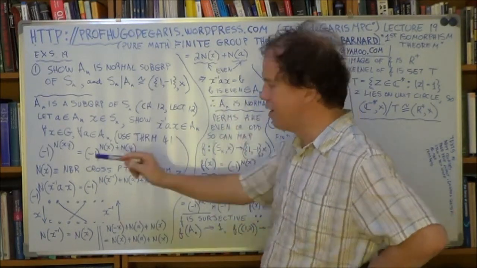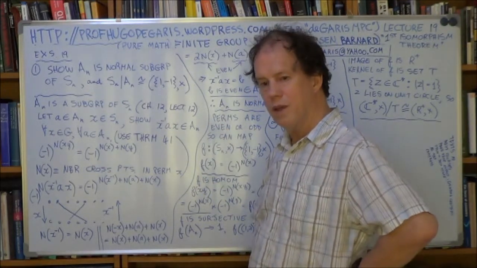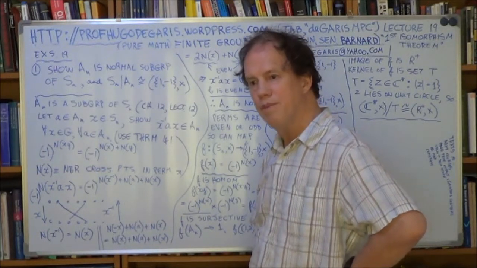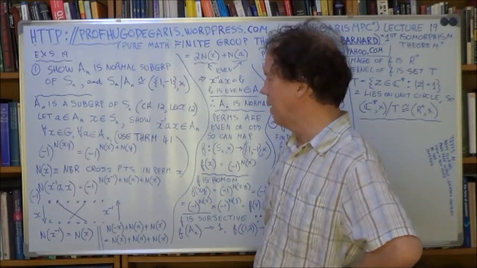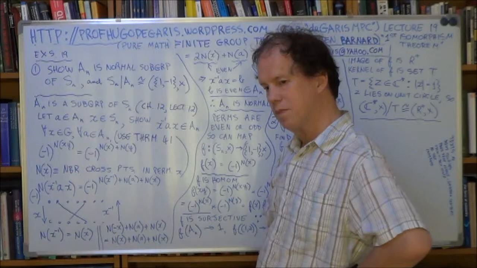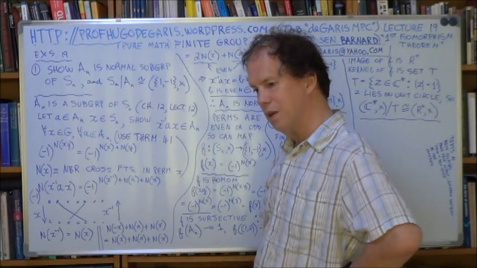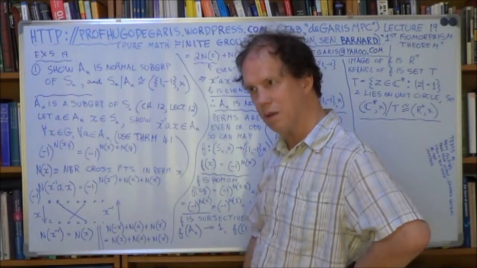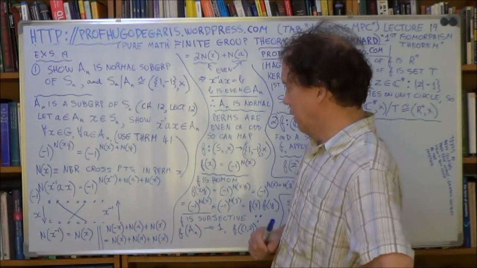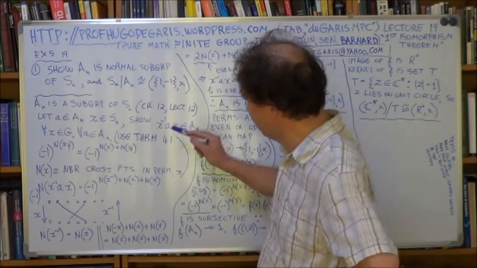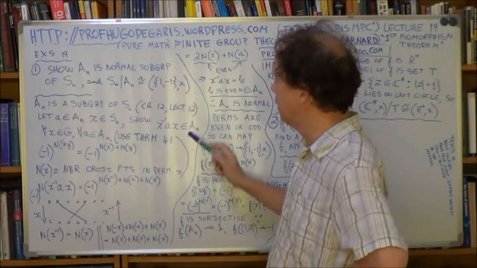So the strategy for the proof is to take this and find whether it has an odd or an even number of cross points. If it has an even number of cross points, then it's an even permutation, and proving that we also did in chapter 12. So go back. All right, so let's find n of this. How many cross points does this have? And if the answer is even, then we know that